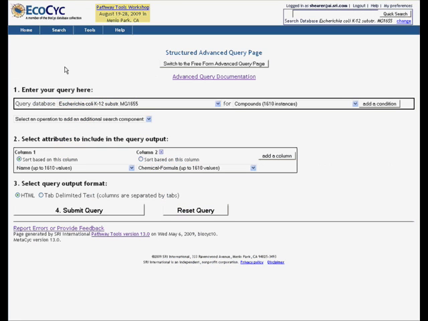So here we are back at the Structured Advanced Query page, back on E. coli, and now we're going to try a third query that will use embedded repeat operators. Now for this one, we're going to try to find metabolic pathways in E. coli having more than 3 reactions, and where none of the reactions has the reactant acetaldehyde in it. Maybe we're prejudiced,